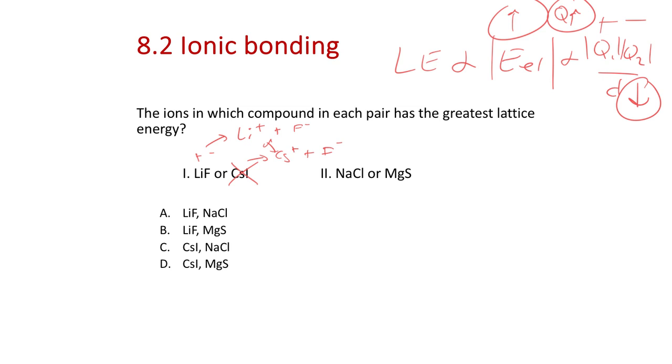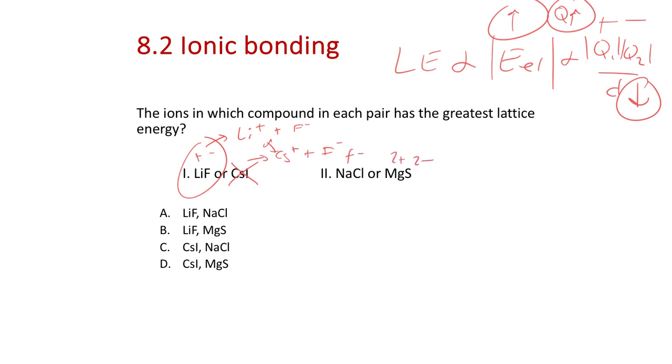The simplest idea is if you have 2 attractive particles that are 2 miles away from each other, there's no attractive force there. They want to be as close as they can possibly get together in order to experience the greatest charge. So lithium fluoride has a greater lattice energy because its ions are smaller, but of the same charge as cesium iodide. And then when I have plus minus versus 2 plus 2 minus, I just want to think of the